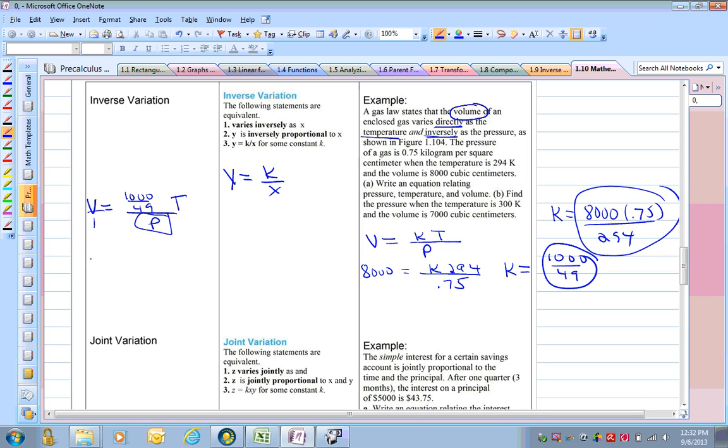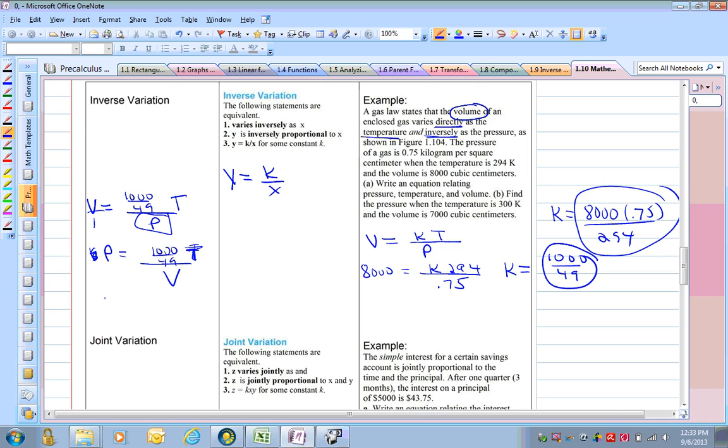So we would cross multiply and you would get VP equals 1,000 over 49T. And if you want to solve for pressure, you would divide all that by volume. That would give you your pressure. Now you can just substitute into this formula. Rearranging equations before you make the substitution is really important, especially in a physics class, so this might be very